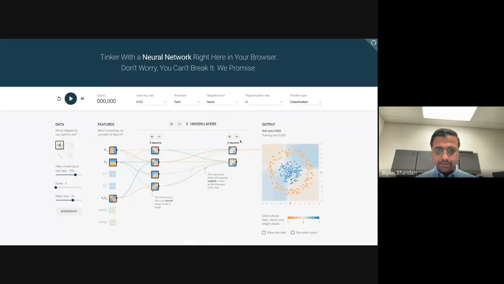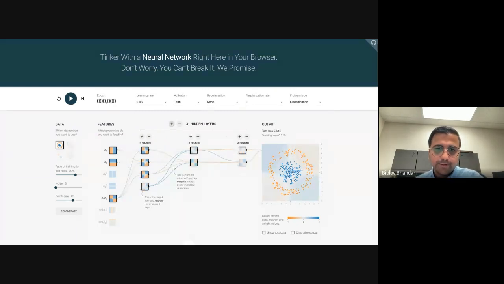And here are your hidden layers. In this case, there are 2 hidden layers, which should suffice, but I'm just going to go and add one more hidden layer here. So I have 4 neurons in the first hidden layer, and I have 3 in the next. I'm just going to add 1. So I'm dropping one of those hidden layers, and then on the third, I have another hidden layer dropped.